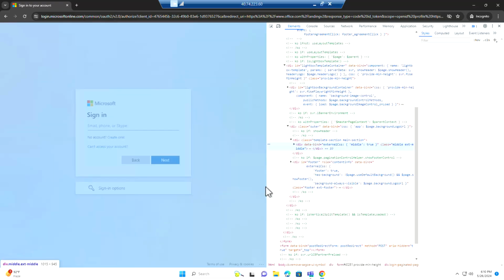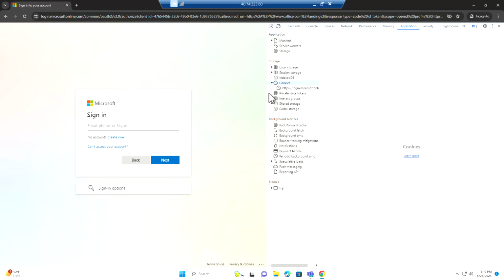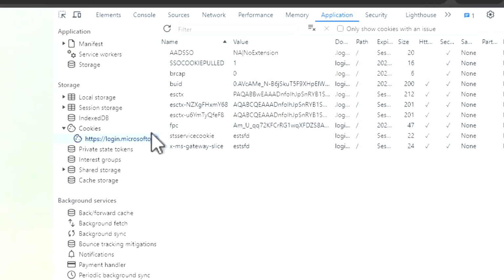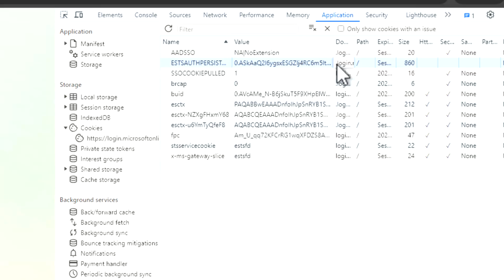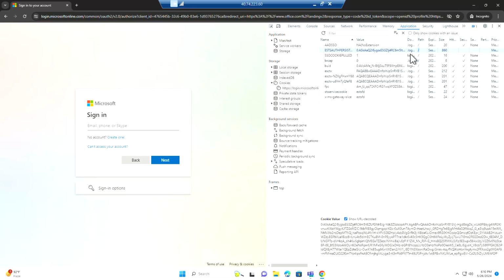I can click on inspect and click on application. I can go into the cookies here for this website. I'm adding this cookie here for the ESTSAUTHPERSISTENT. I'm going to add that copied cookie value that I got there, and I'm just going to put a dot in front for this particular value. Now that I have this in here, I can simply click on refresh,